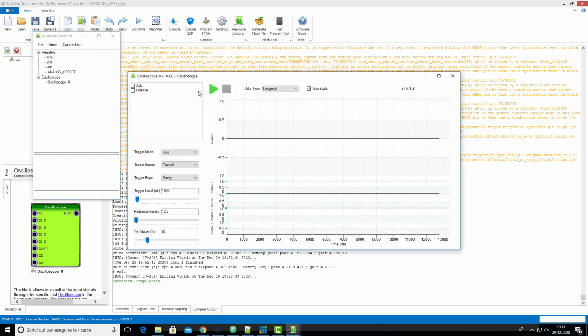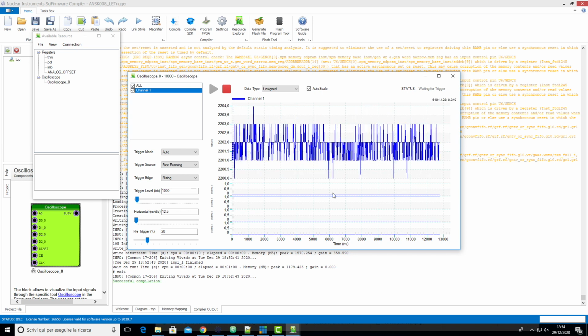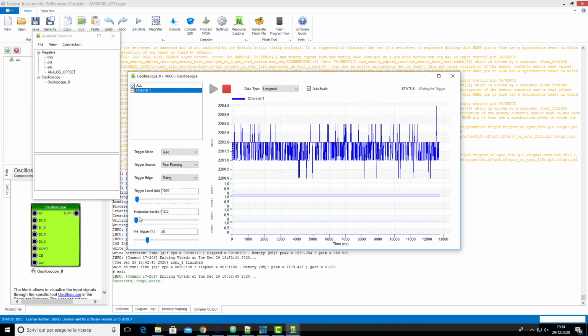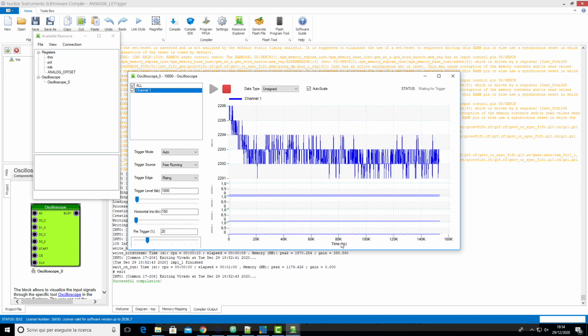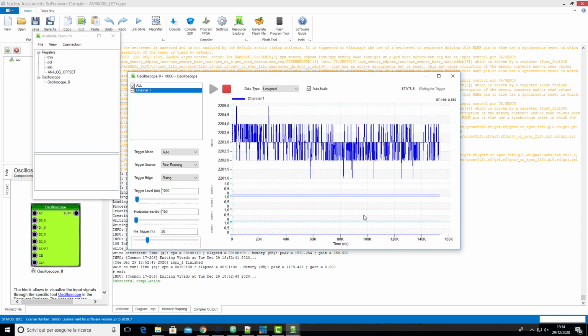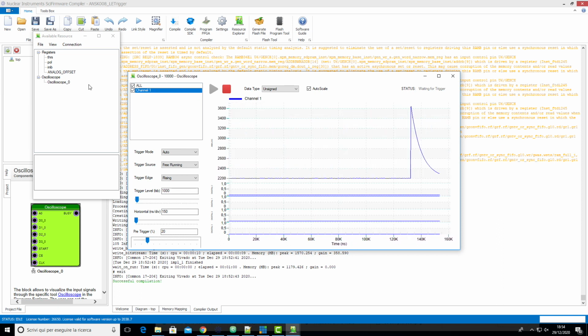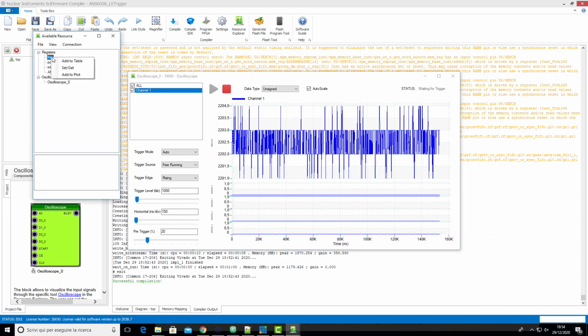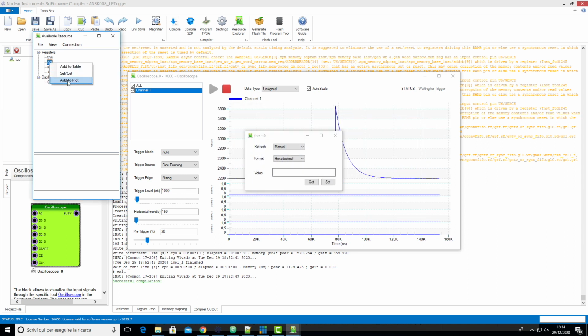So we can open the oscilloscope, configure it in free running, and we can see that sometimes we have a pulse. We can increase the division to 150, so maybe we can see more time. Sometimes we have a pulse, but the trigger is not working. This is because we have not configured anything on the trigger. The trigger is always high here.